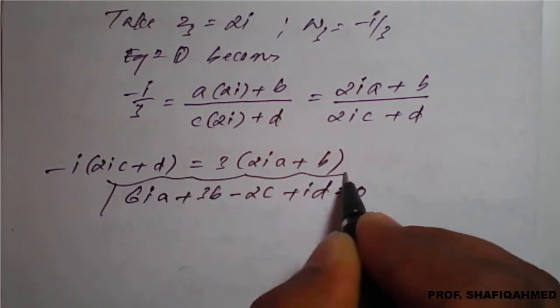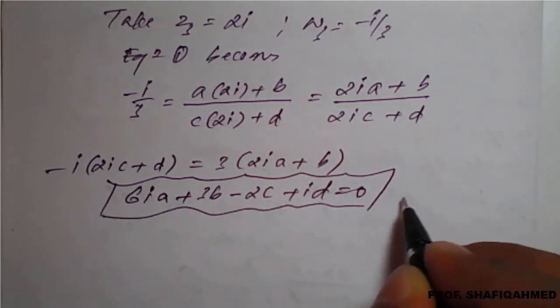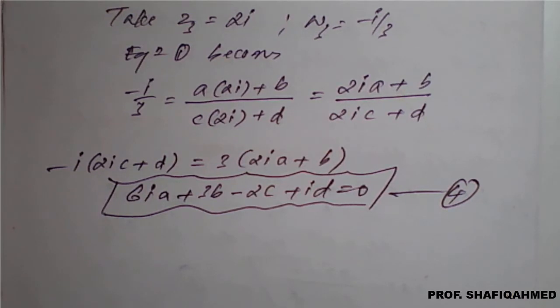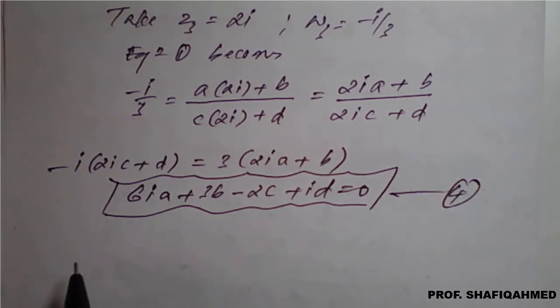So after simplification, we'll get this expression, and we'll call it equation number 4. So we have equations 2, 3, 4, which is nothing but the result of substituting the values of Z1, Z2, Z3, W1, W2, W3. So now, on solving